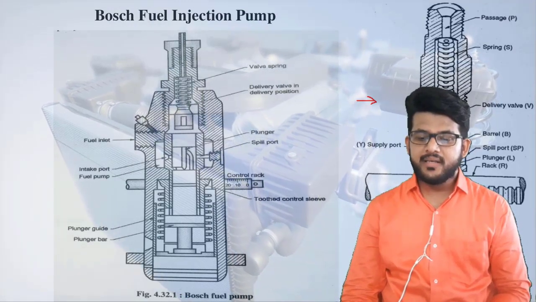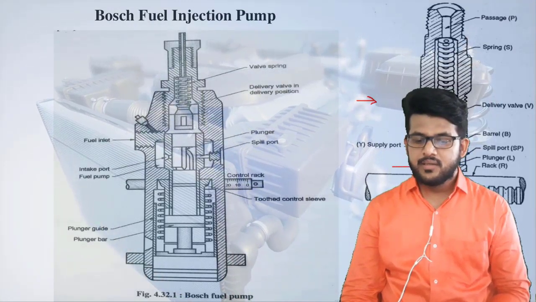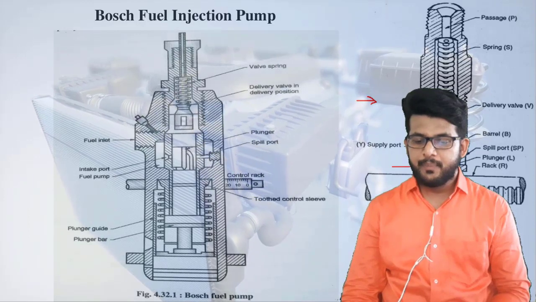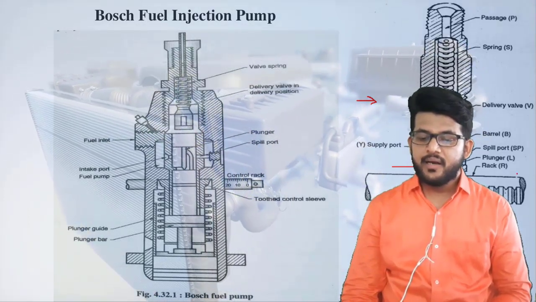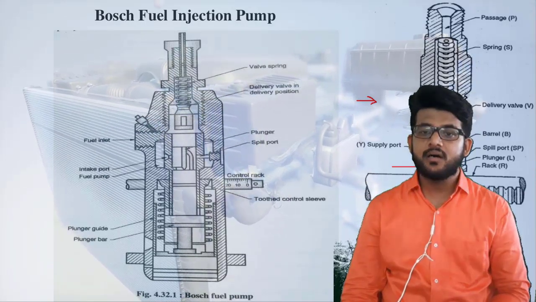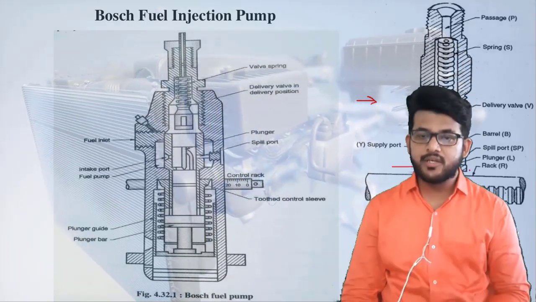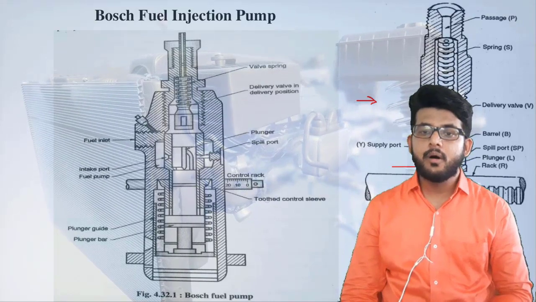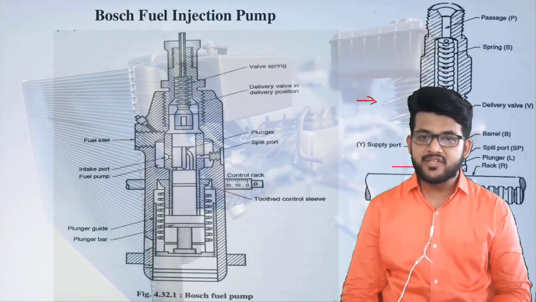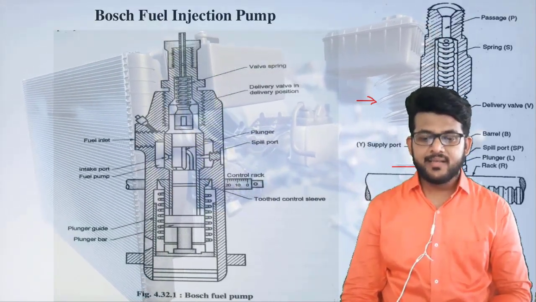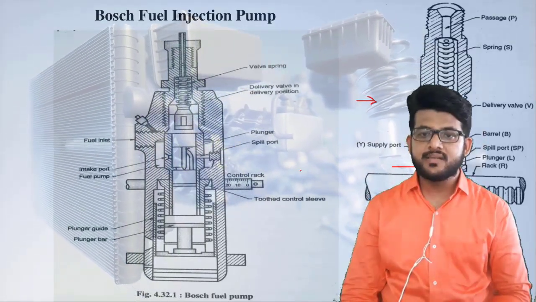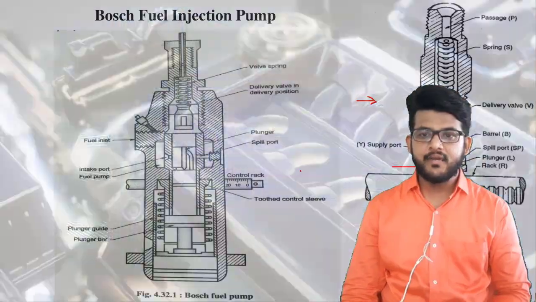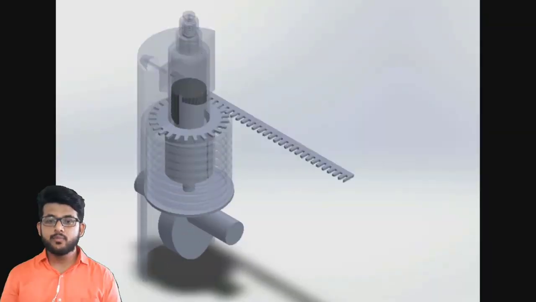The main part is actually this plunger. You can see here, this is the plunger, this middle part. It is the main part, having a different construction. It will regulate the amount of fuel and the amount of pressure inside the fuel. So let's see how it works. For that I am showing you one simple video so you can understand. Let's see the video. Here you can see the movement of the plunger inside that Bosch fuel pump.